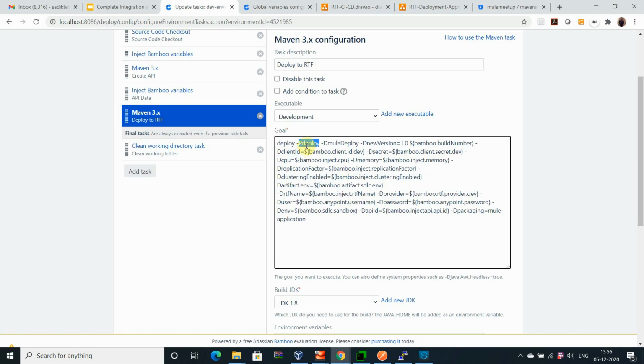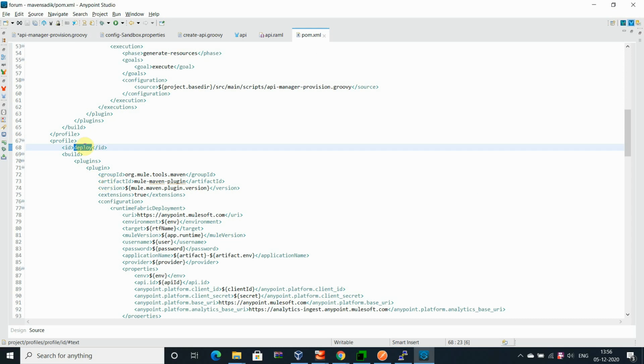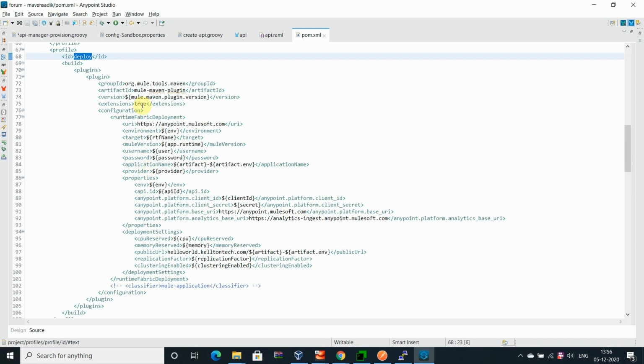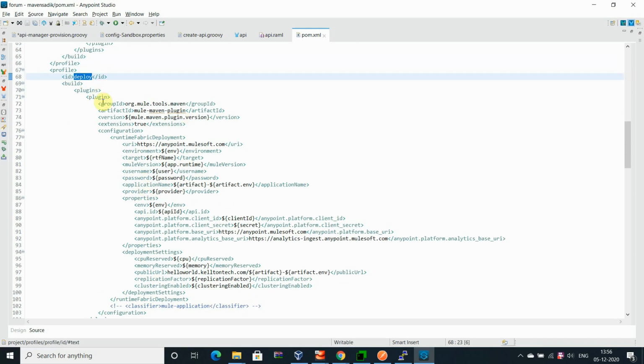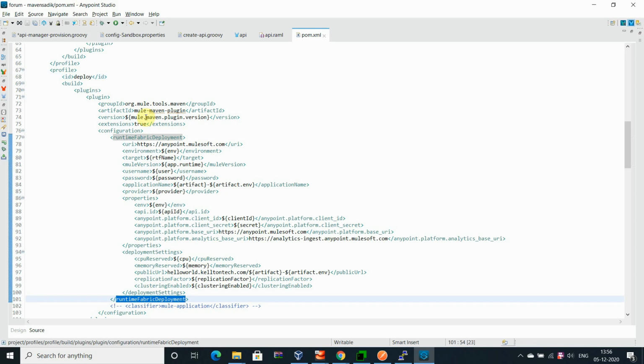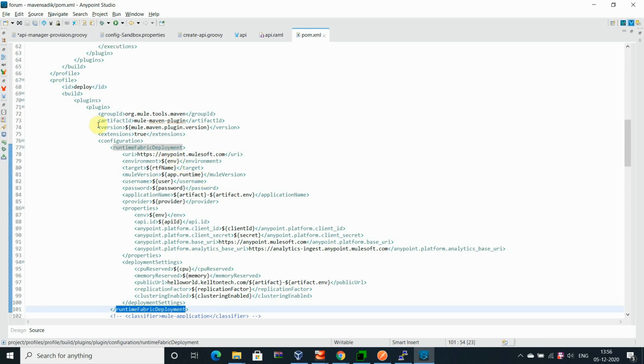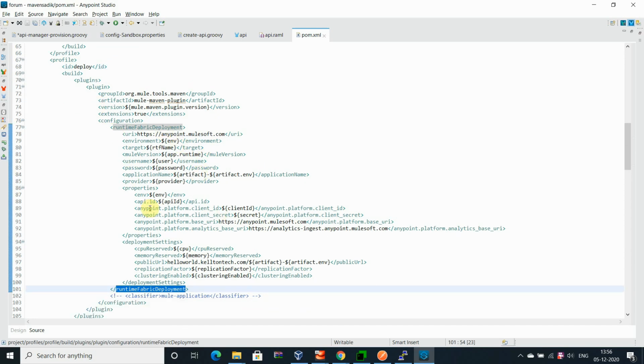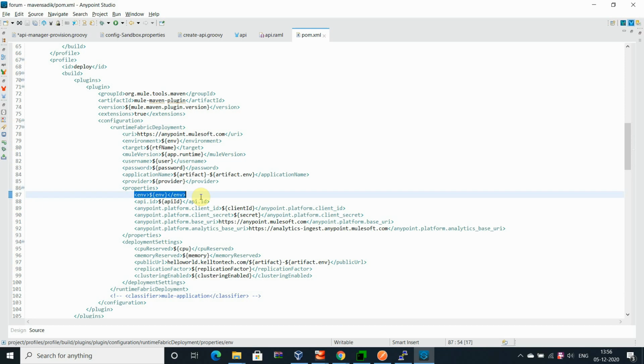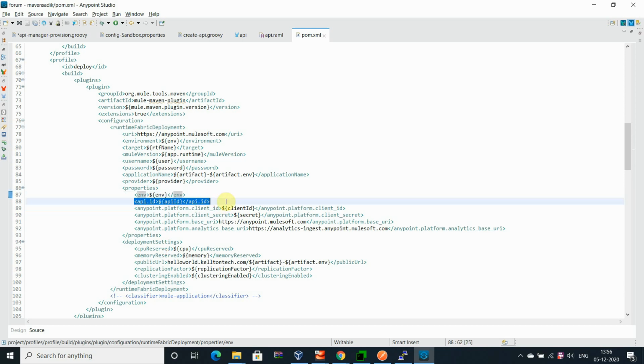You can see that I am using the pdeploy. As you know, for deploying to Runtime Fabric, I have to configure the rest of the things, so I have already configured it. I am deploying the sandbox API ID which I want to associate with it. Why do I want to associate the API ID? Because I want to enable API discovery in the flow or in the application.